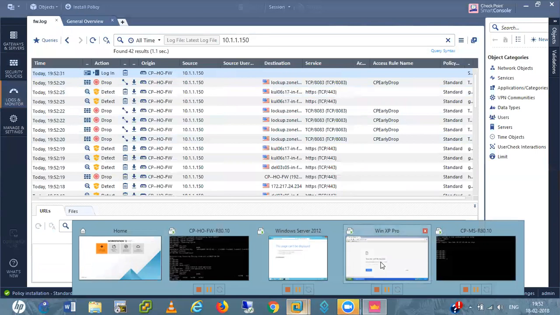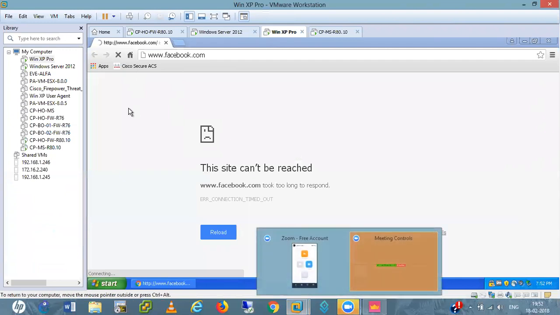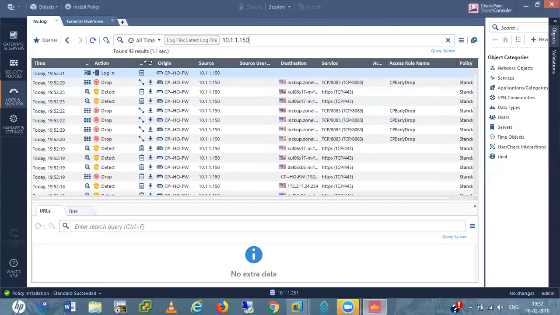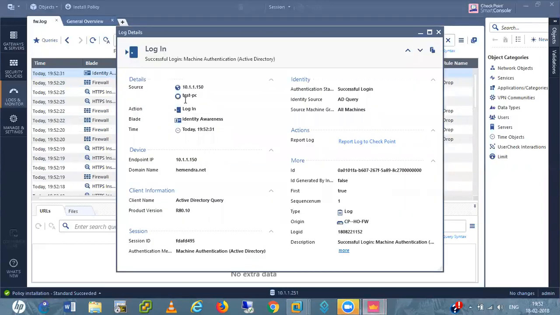Am I getting it or not? I'm not getting any page here. But in the logs it shows, right? It is sending this login here. Test PC, identity awareness, successful login, machine authentication, AD query.